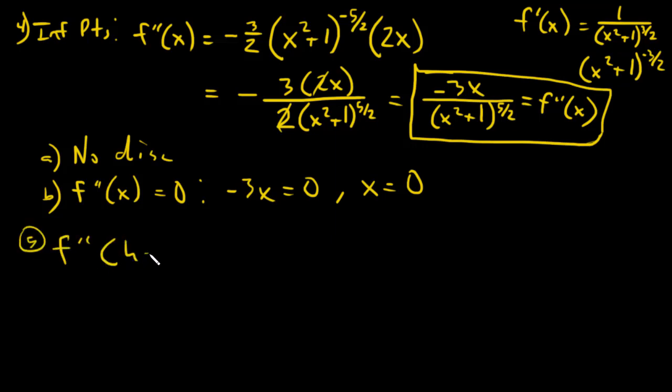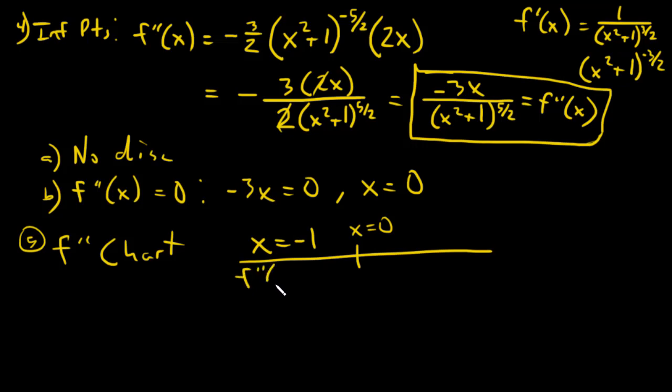I've already done the f prime. So for the f double prime chart, I'm going to look at x equals 0. So I need test values on either side. How about x equals negative 1? F double prime of negative 1 is going to equal, well, if I plug a negative 1 in here, the top becomes positive. The bottom is always positive regardless. So positive over positive is positive,